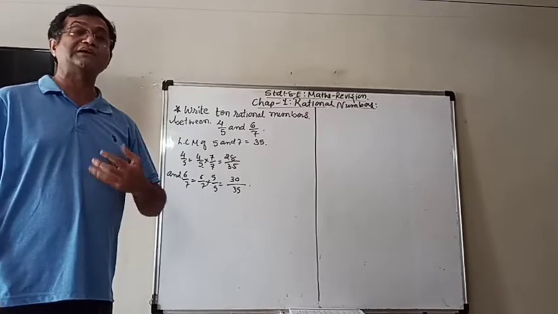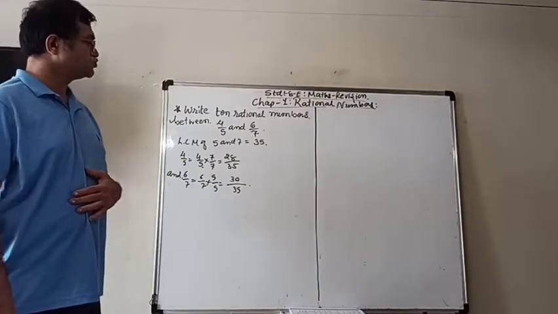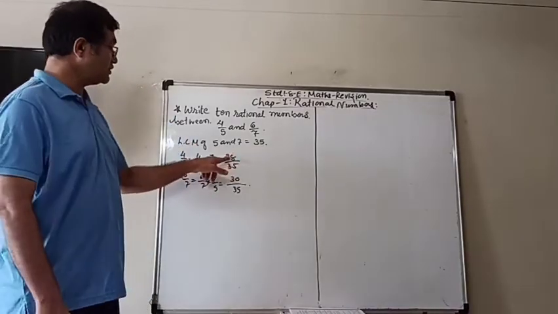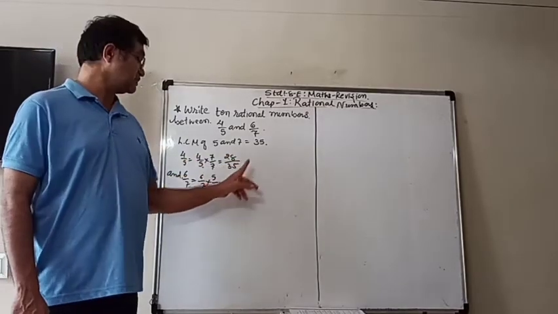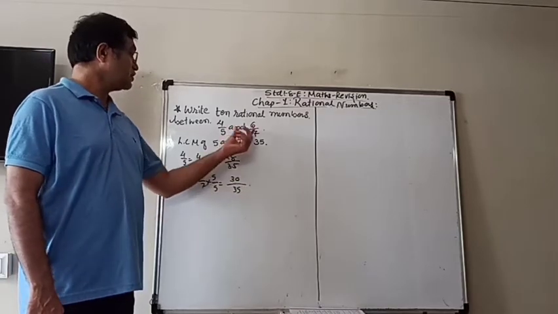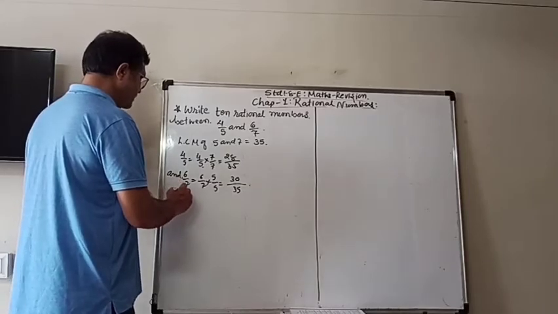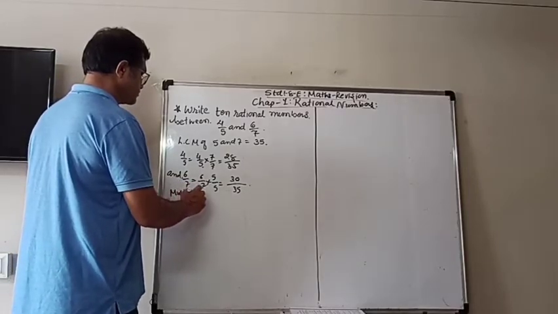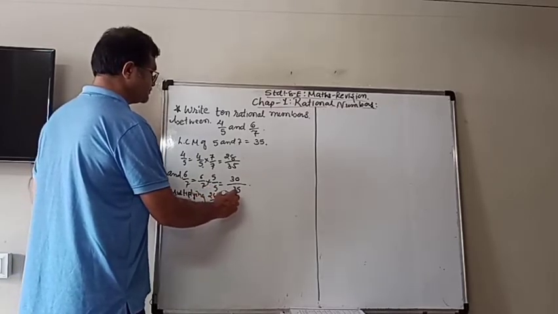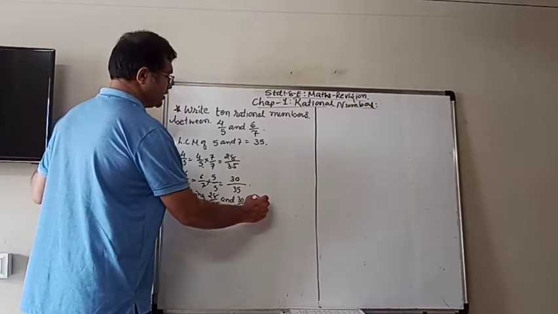So rather we have to multiply it with a bigger number. So rather multiply with 10. Then 28 tens are, you get 280 and 300. So between 280 and 300 you will get enough 10 numbers. So now multiplying 28 upon 35 and 30 upon 35 by 10 upon 10.